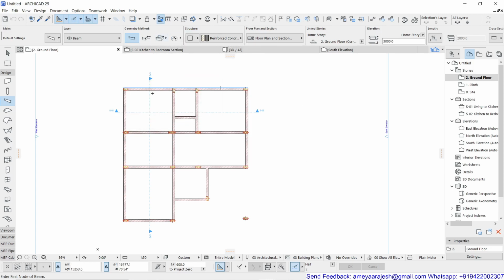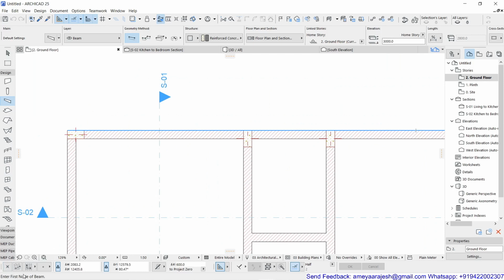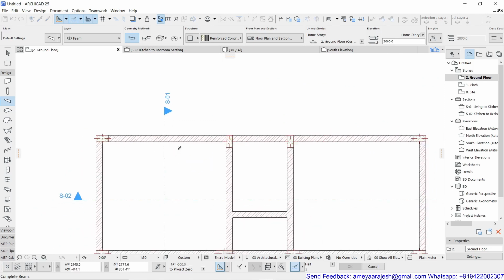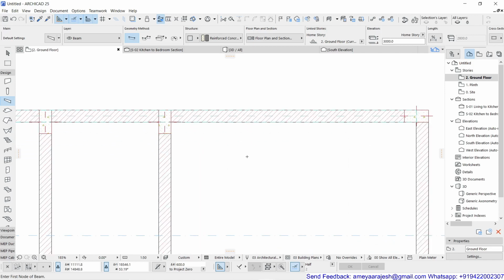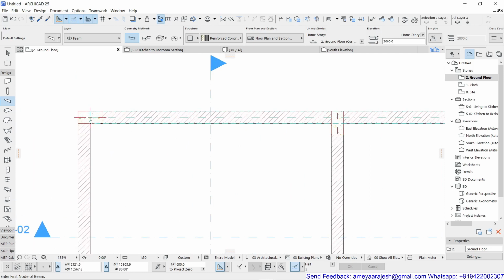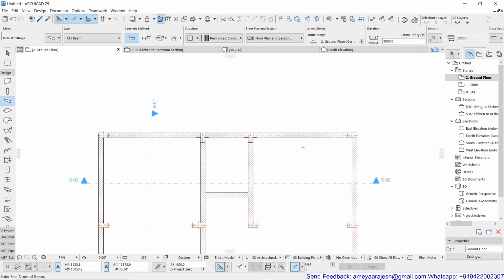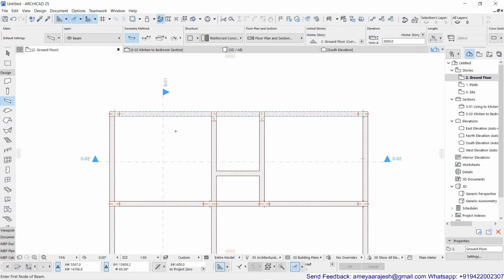So anyway, let's try to place this beam. If you read the prompt, it is written enter first node of the beam, because this is the single segment which you have selected. So my beam will start exactly from the center of this column, and I'll conclude this because at the bottom it is written complete beam. So I'm just going to conclude this again with the fields pencil. You can check out now how my beam is totally placed. Now the beam is placed from this corner, first column, to my fourth column on the horizontal axis.